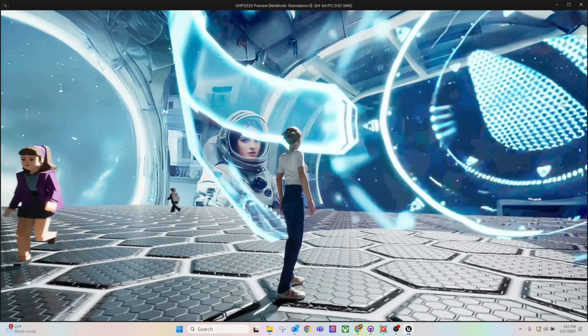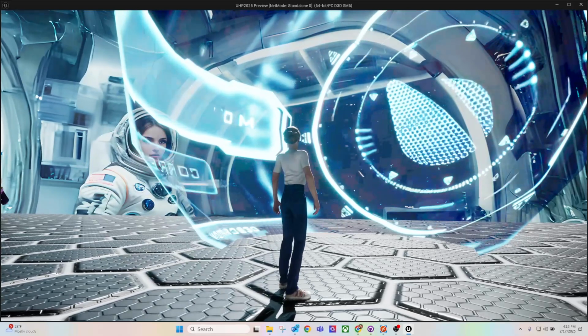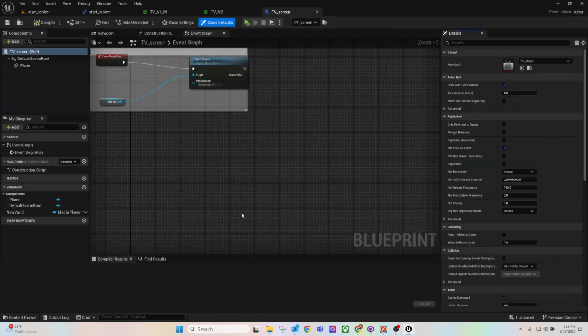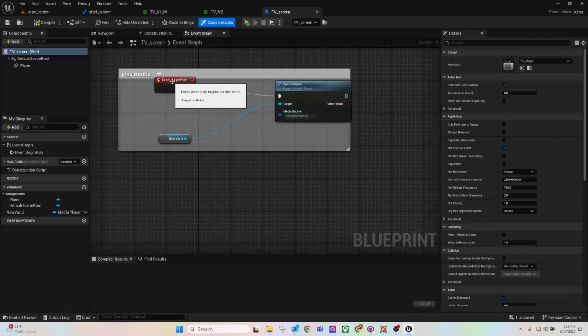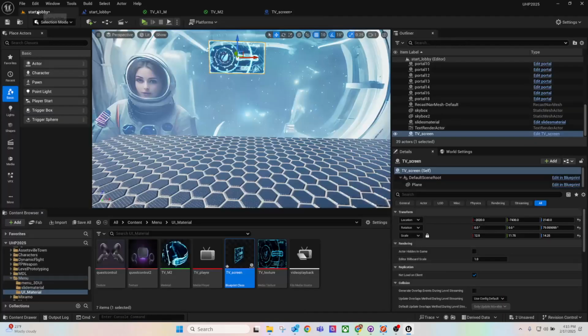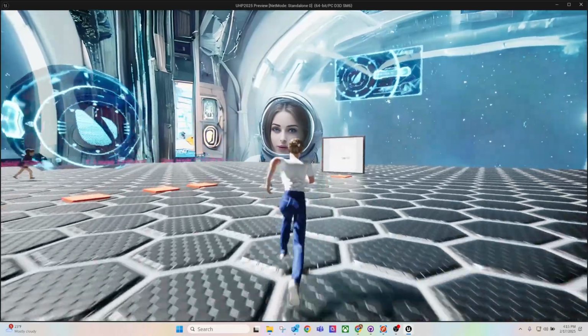Okay, that's really cool. So as a summary, when you put a video material into Unreal, you have to find a way to trigger it, right? The best way to trigger it is to create the media player, and then write a Blueprint script to trigger it. So this one I should actually rename to media player, just to make things easier. Compile, then you can see it's linked to that player. Okay. I think that's it. This is all about how to set up the video as your material